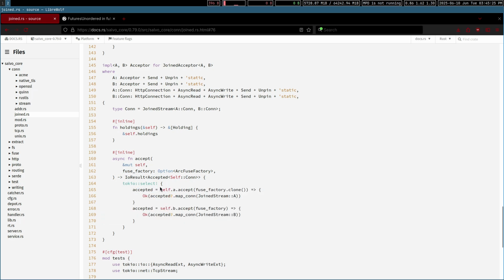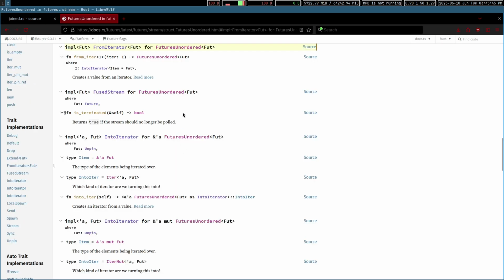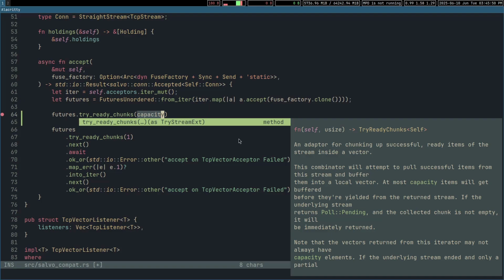In this case, for the join listener, it's on the 2 things that it's joined. And in my procedure macro, you would know that since it was recursive, it would be tokio select. Inside of that, a join acceptor, tokio select, crazy nested recursive stuff. But just using this try ready trunks with one to get that one I need that's ready, that has accepted, which means, well,